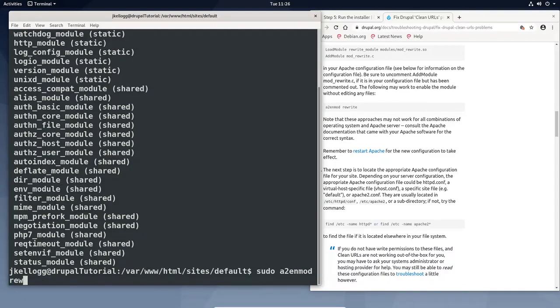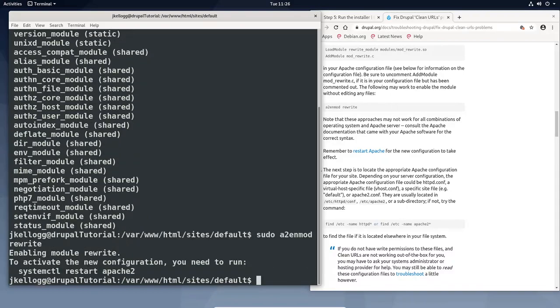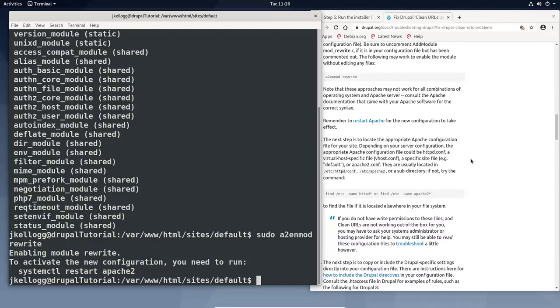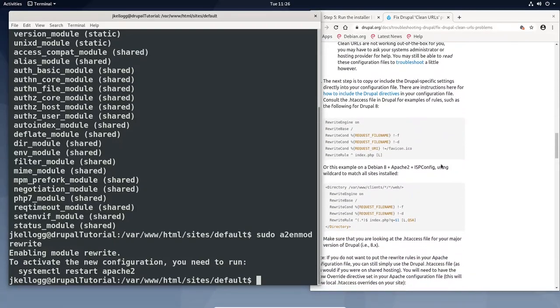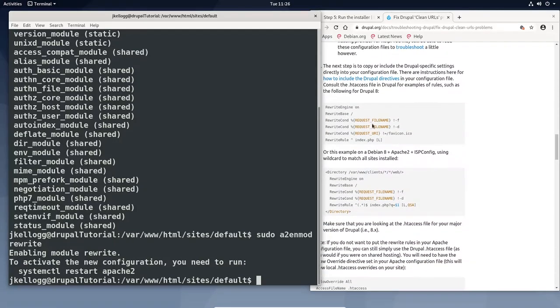enmod space rewrite, and what they're telling us is to activate the new configuration you need to run systemctl restart apache2. We're not going to do that quite yet, just because there's some other work we need to do that will require us to run that. So rather than having us run it continuously, let's skip on over here and look at this part of the